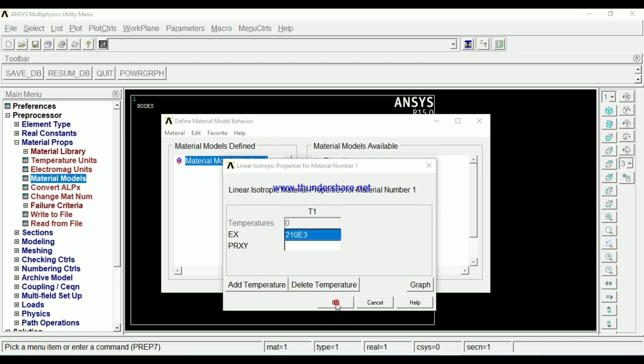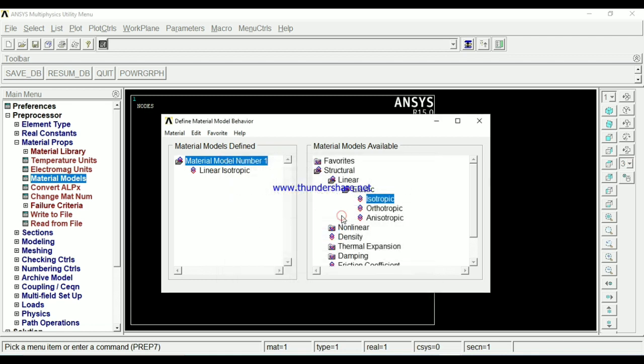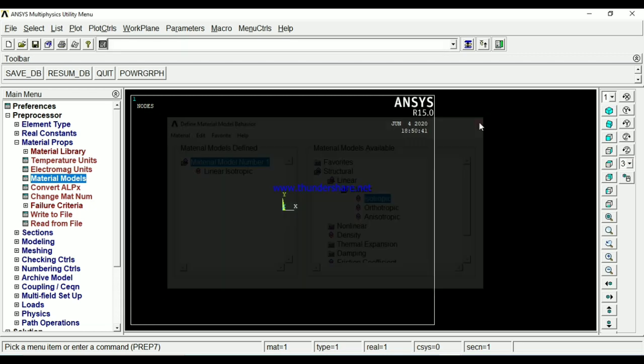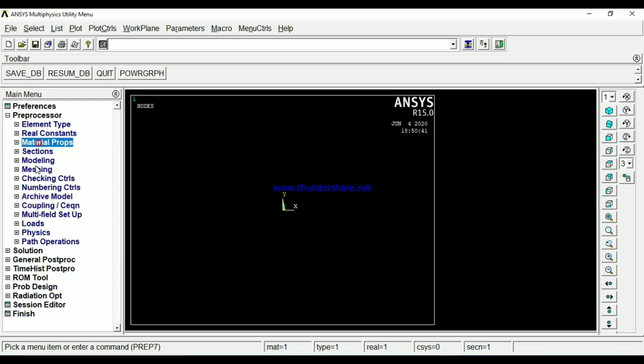Once again you can enter the Poisson ratio, or you can skip it, since it doesn't play any important role in 1D problems. It will take the default; if it doesn't get anything, it will take 0. And here no need to create a new metal 2 or metal 3. Why? The whole structure is made up of only one material. Then one metal model is enough for us. Then close it. Then coming to the modeling.